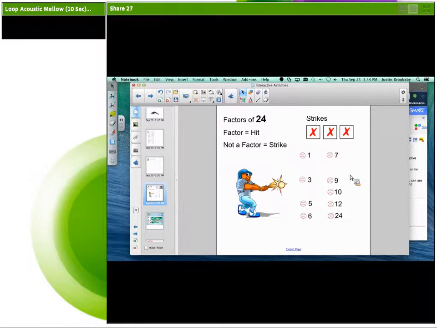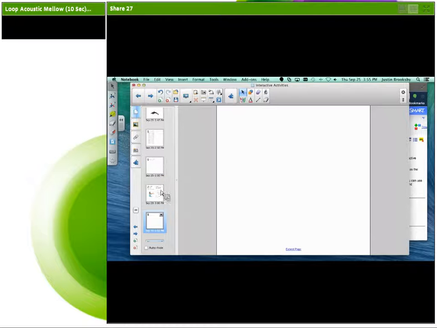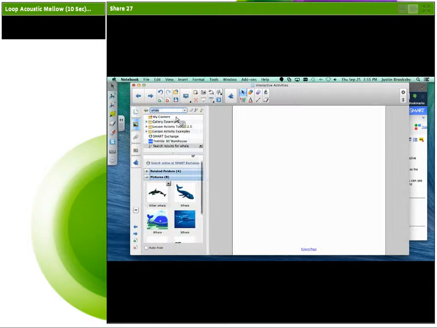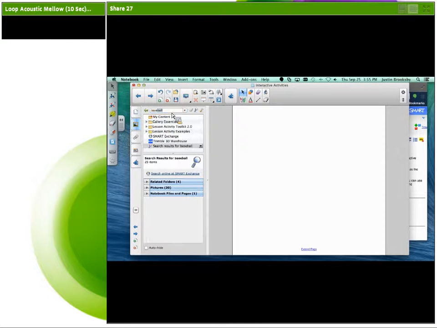The one element that I haven't shown you, because I've shown you all these others, is that the wrong answer just snaps back into place, and the correct answer, instead of fading away, shoots off in a direction. So this one involves some animation, and any of these elements, you can apply animation to. For example, if I find a baseball here,